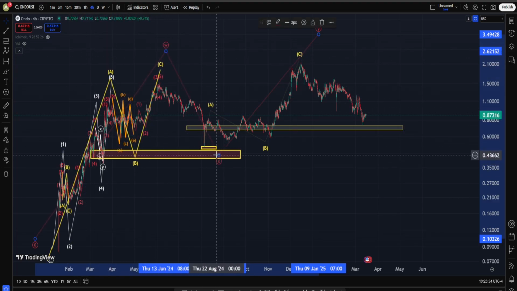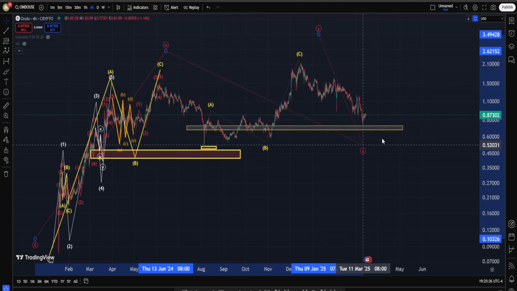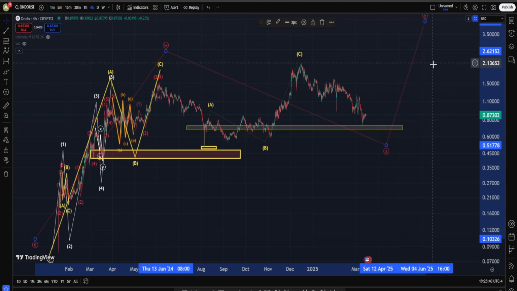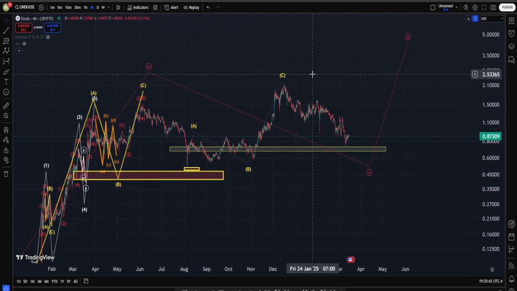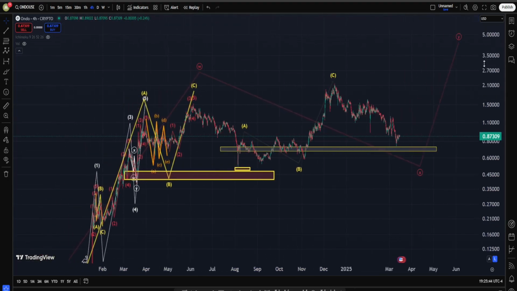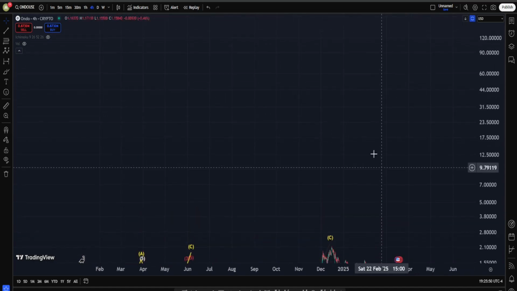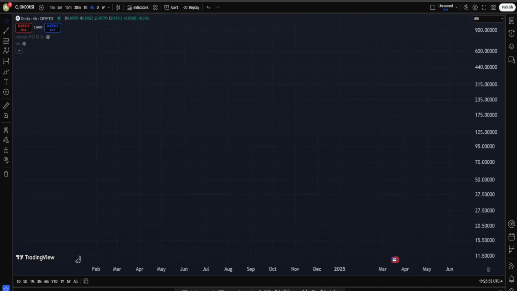wave W, but the end of our wave X is probably going to be right in here, and then we are going to start another big move up into our wave Y, and after it, we can say our bull run is over. For now, I think we are overall in a correction structure into this wave X, and in terms of the shape of it, I think we can consider a running flat or maybe an expanded flat,